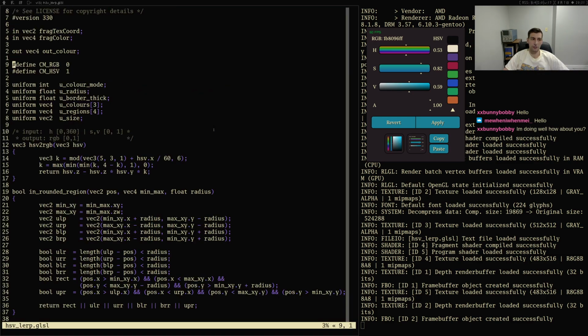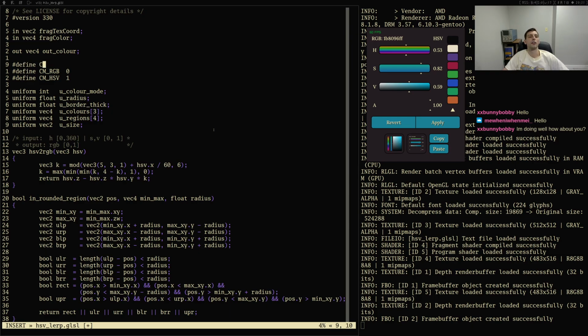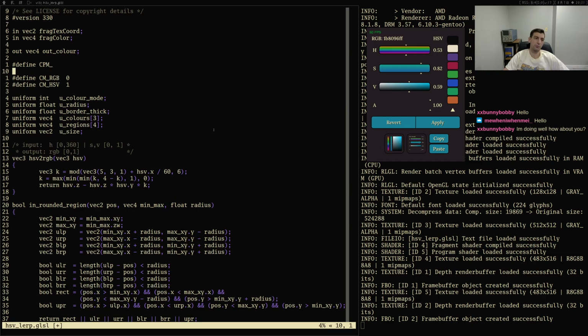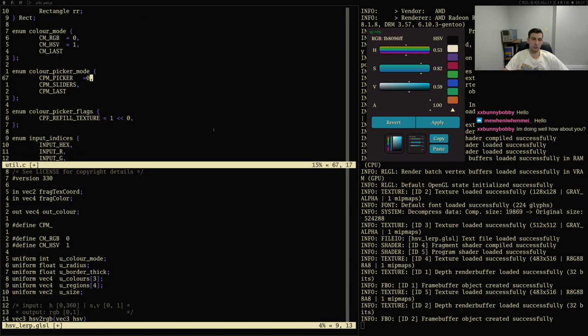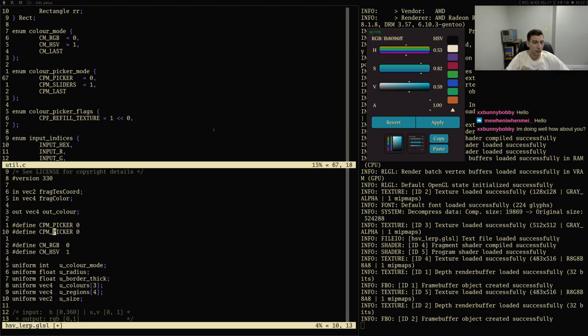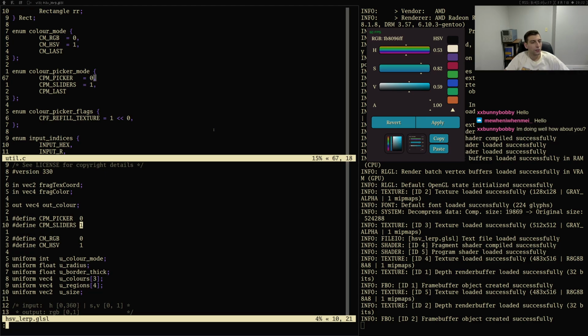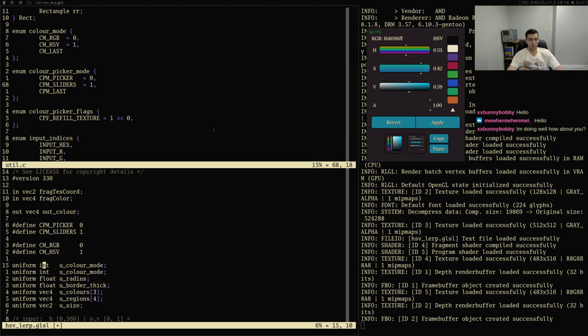So to do this, we need to actually have... it's gonna be the same thing as before. So do the same thing here. We're gonna do 0, 1. Sliders, picker. And we're gonna need another thing here that's just the mode, which was here before, but I deleted it because I wasn't paying attention to what I was doing. So we need to set that, and then we need to do